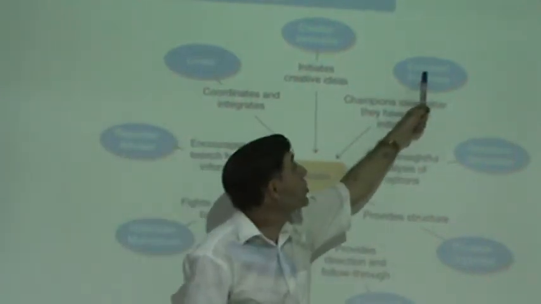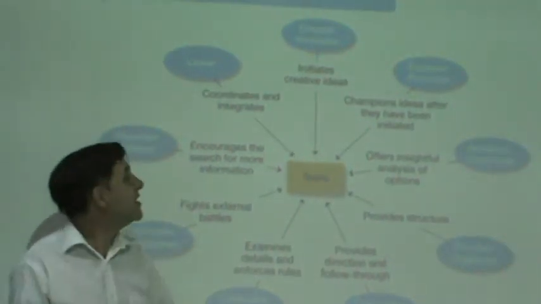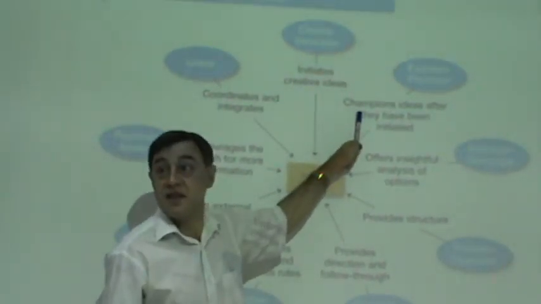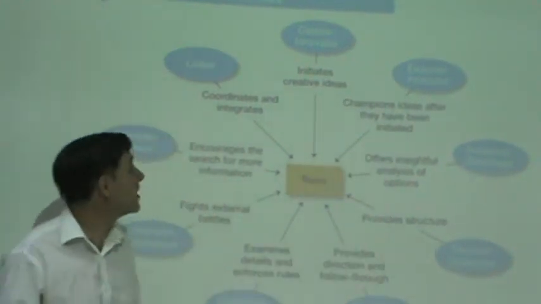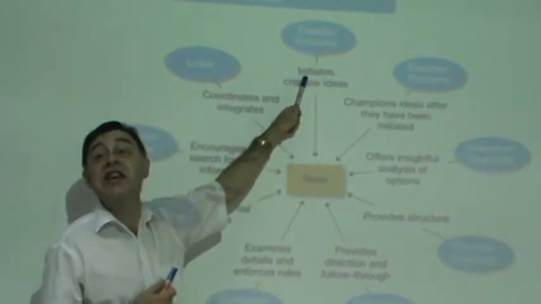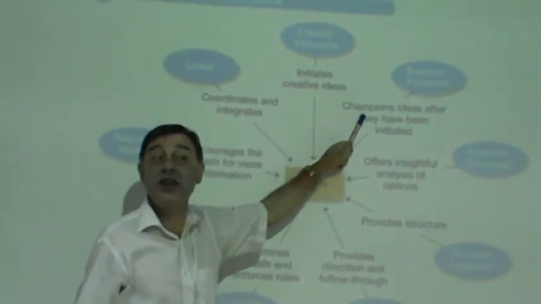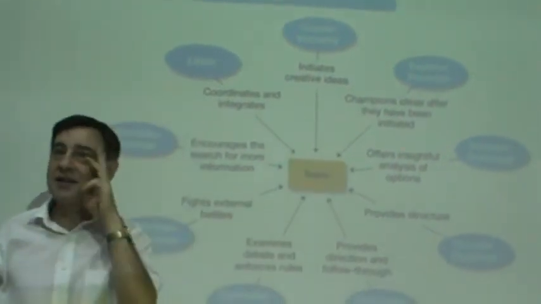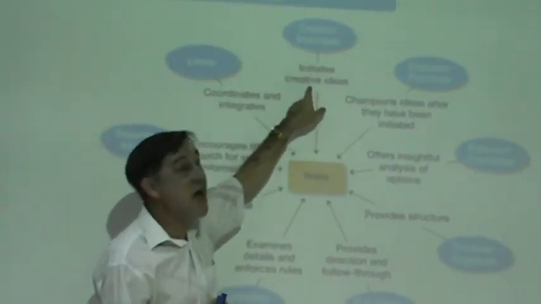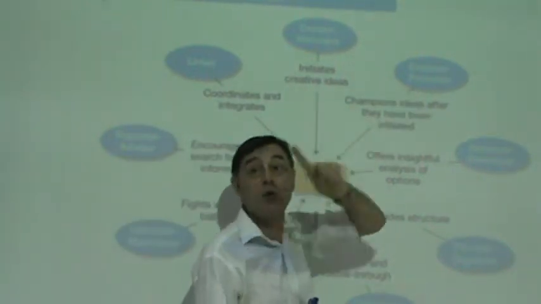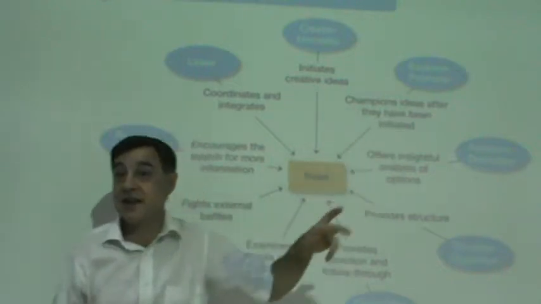Next one, you need someone who's an explorer and a promoter, okay? And this person champions, which means provides leadership for ideas after they've been initiated. So the creator initiates, he just begins the idea. But the promoter takes the leadership of that idea. Again, you gotta understand, the creator may provide 5 ideas. And when he provides 5 ideas, the promoter is going to like 1 or 2, say, oh yeah, this is a great idea. We can do this and we can do that and all the other things.